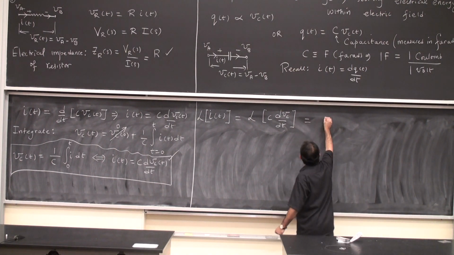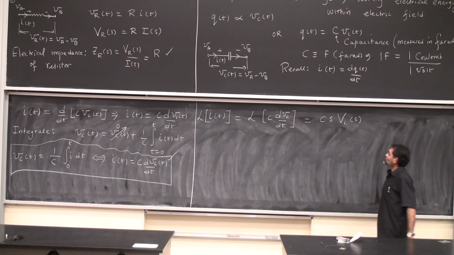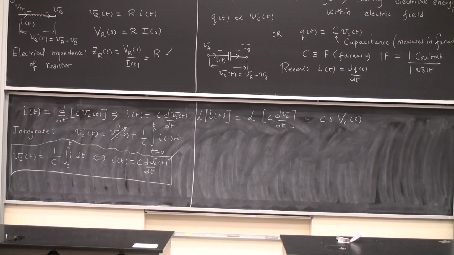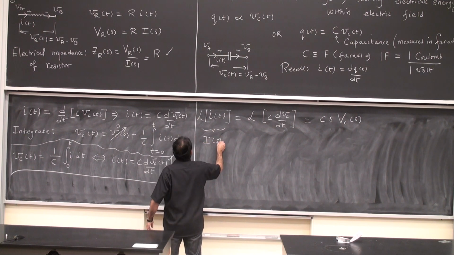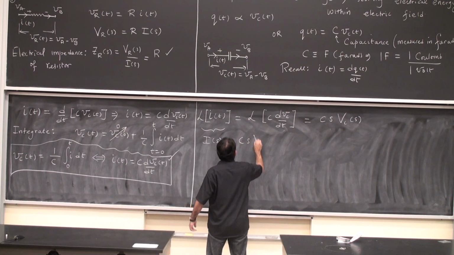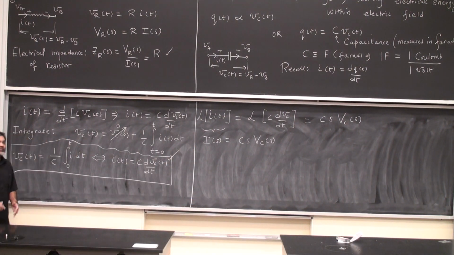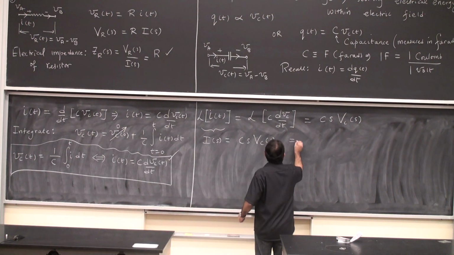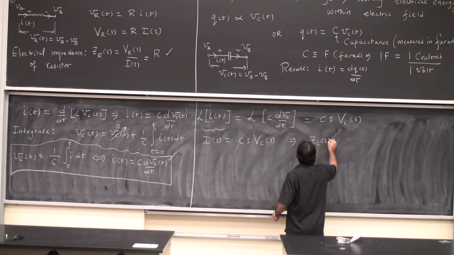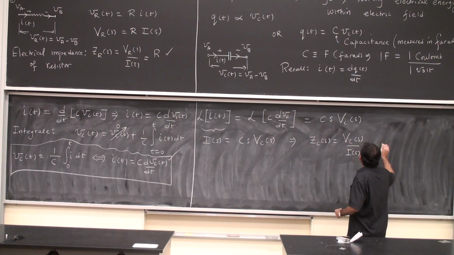So this is C times s times the Laplace variable. And so we have I of s is Cs Vc of s, and I can define now the impedance of the capacitor as Zc of s is Vc over I, which is